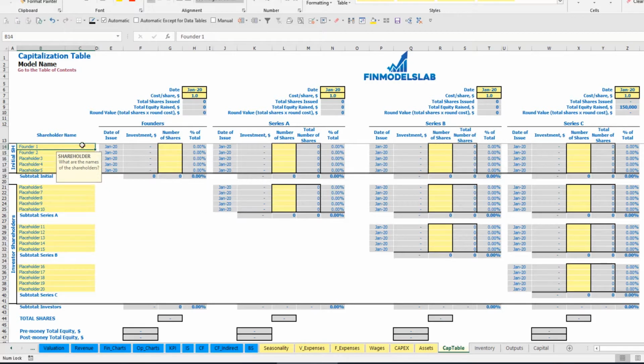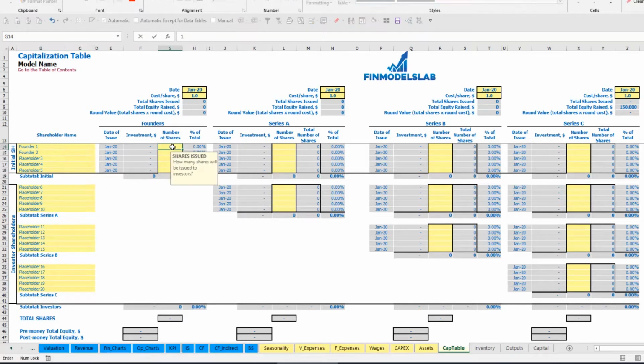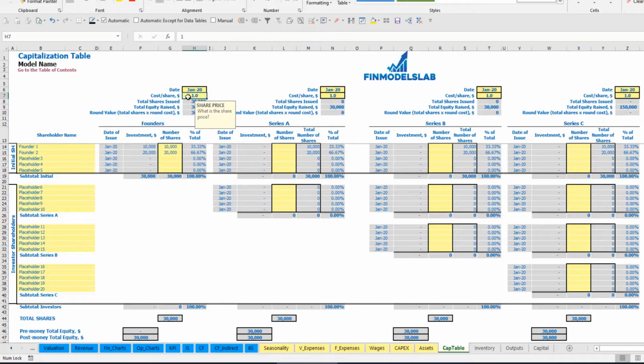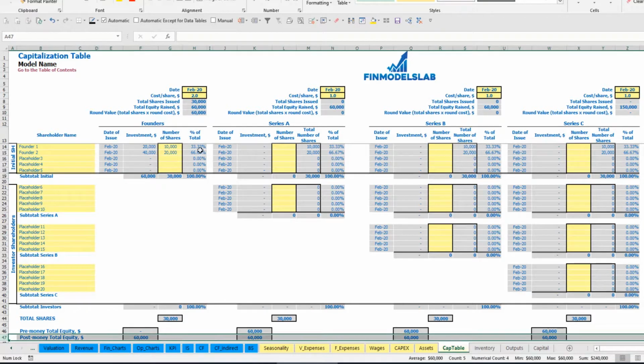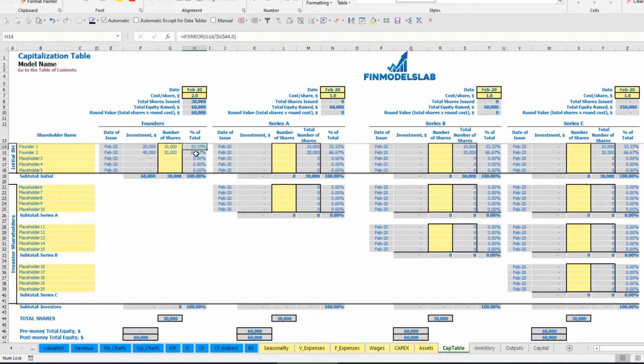Let's pretend that we have two founders, founder 1, founder 2. So total amount of shares for founder 1 can be 10,000, for founder number 2 20,000. Let's imagine that cost of share will be $2 and the date of founding is February. This means that investment for founder 1 is $20,000, for founder 2 is $40,000. In total they invest $60,000, which you may see here. The dilution is 33 to